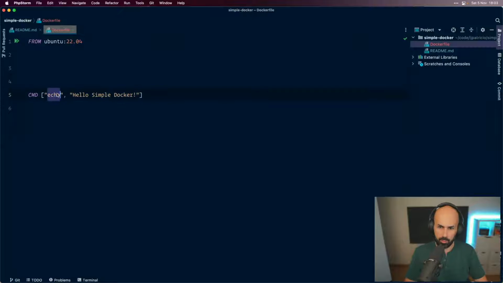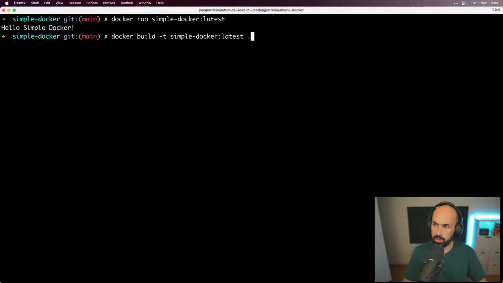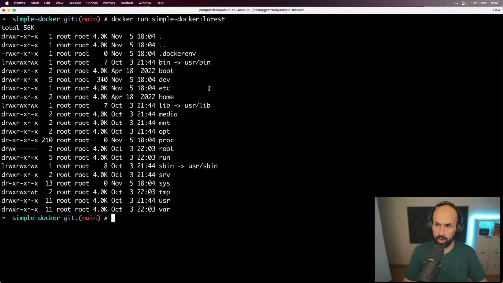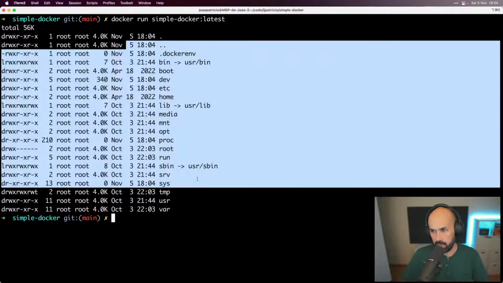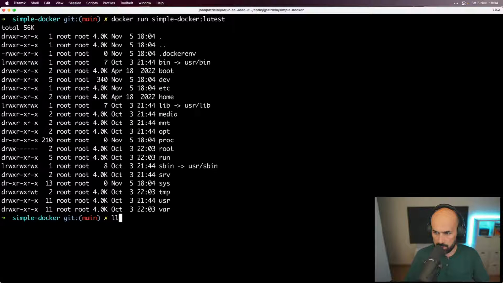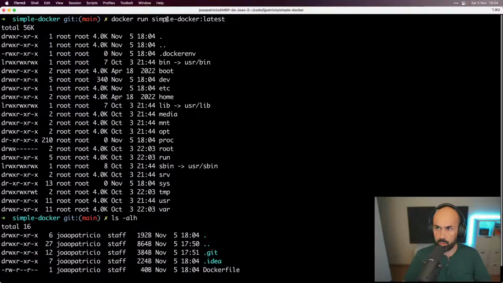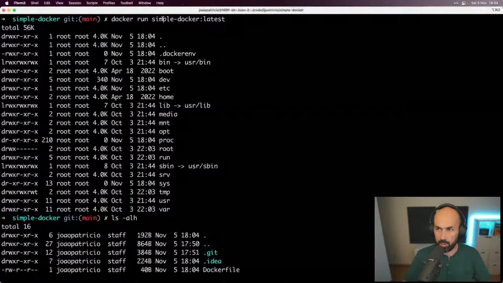For example, if we run ls -lah, we build it again, and now we're going to run it, and we can see contents in a directory that is not this one, right? It's totally different. So it ran that command inside another operating system.